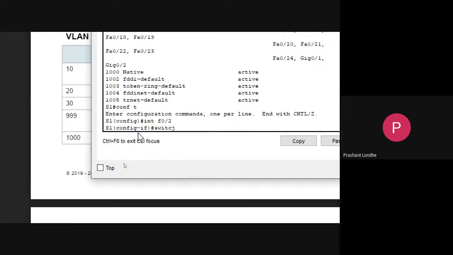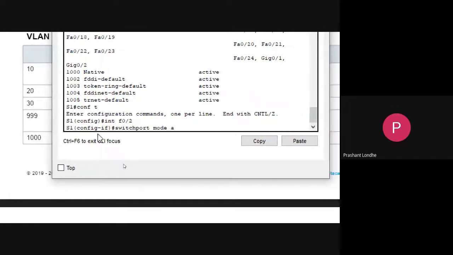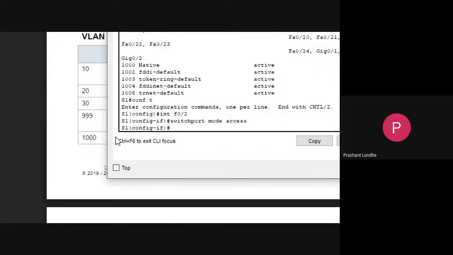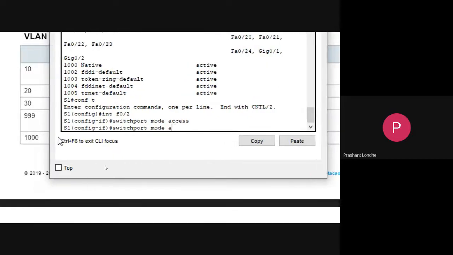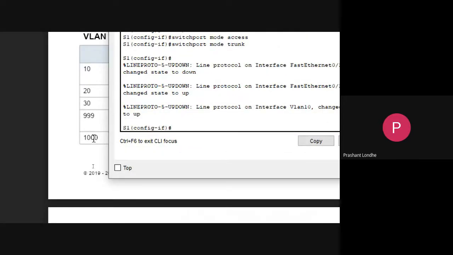Switchport mode access, and you can see, it should be trunk, because there should be a VLAN connection between these two ports. So it should not be access. If you want to access a particular machine with that kind of port, that will be access. If you want to access the virtual ports, then it will be trunk. So as I want to access the virtual port, I will just type switchport mode trunk.